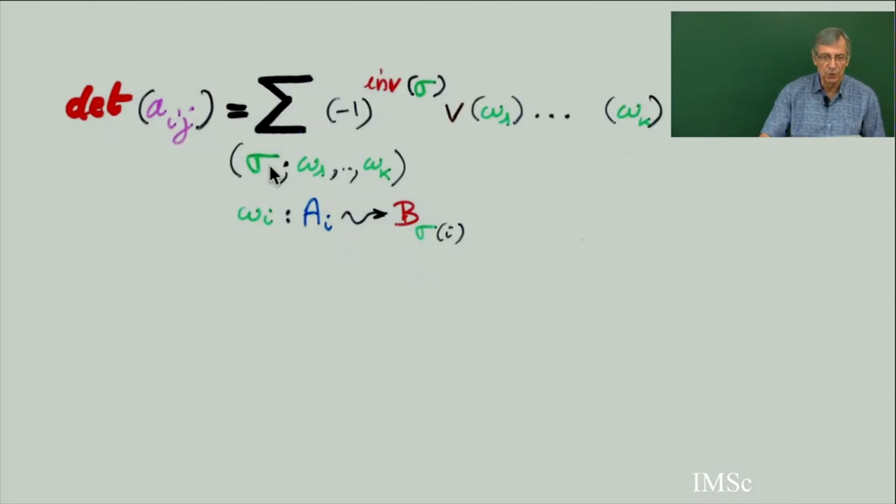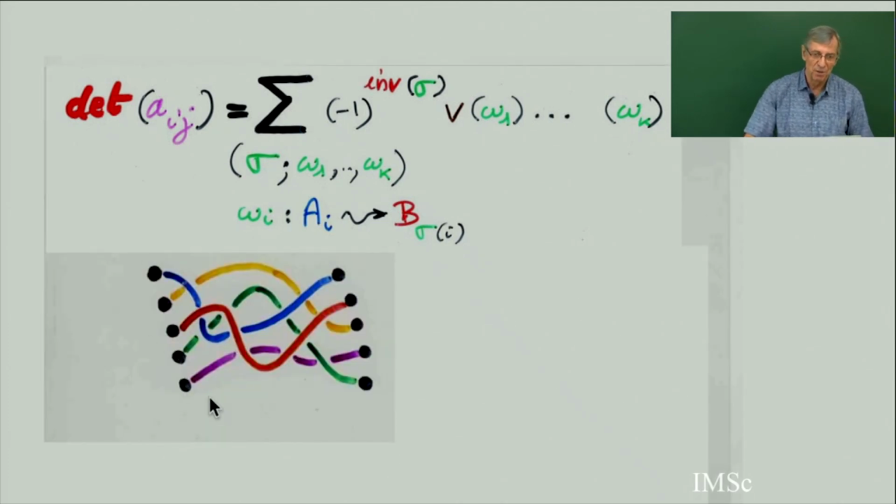And so if you compute the determinant of this matrix, by definition, it is going to be the sum over all possible permutations, going over all possible paths omega 1, ..., omega k, with omega i starting from the point Ai and ending in the point B sigma i. And with the weight of this term, the product of the weight of all the paths, and there is a plus or minus 1, the number of inversions of the permutation. It's just combining the classical definition of determinant with the inversions of permutation, and the definition of the matrix itself.